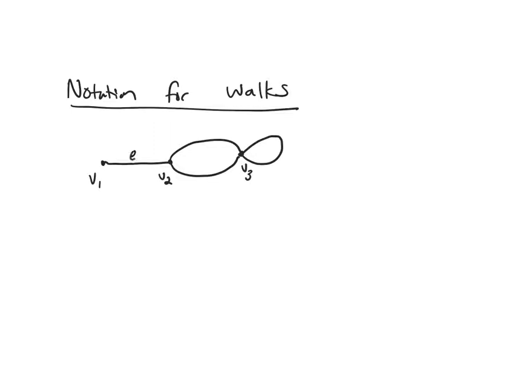This will be edge 1, edge 2, edge 3, and edge 4. So if I talk about edge 1, edge 2, edge 3, edge 2, edge 4, and edge 3, this refers